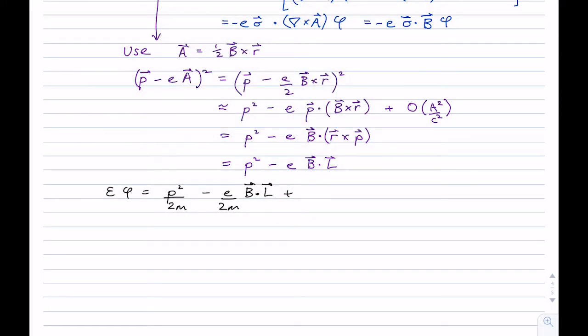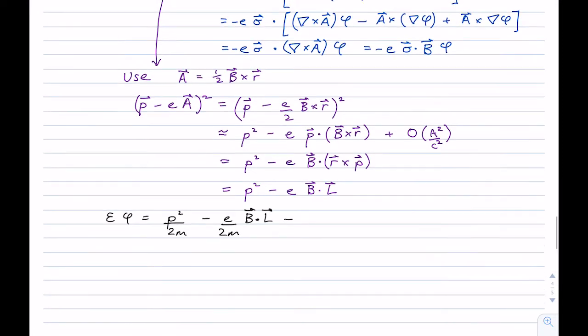And so we've got minus E over 2m sigma dot B times phi, which we can write as P squared over 2m phi